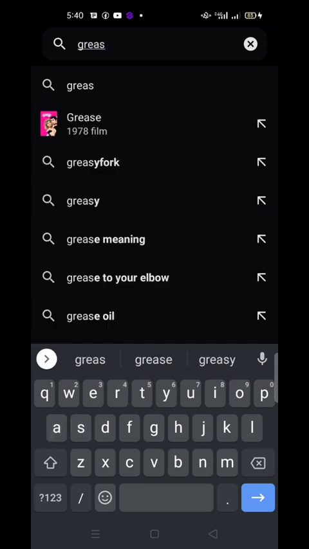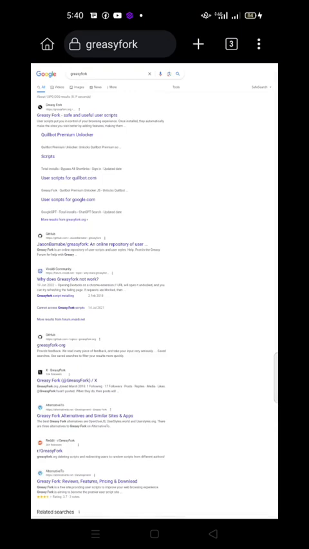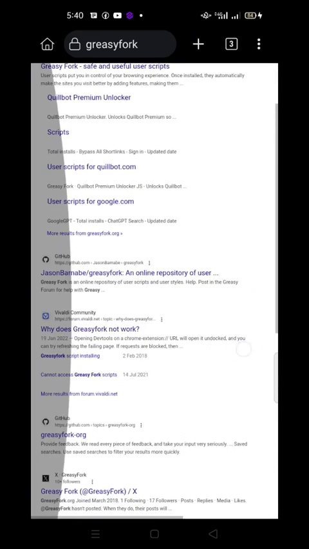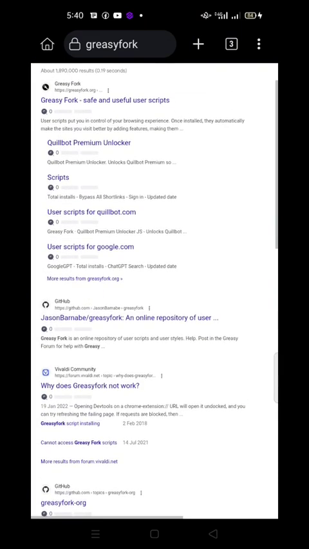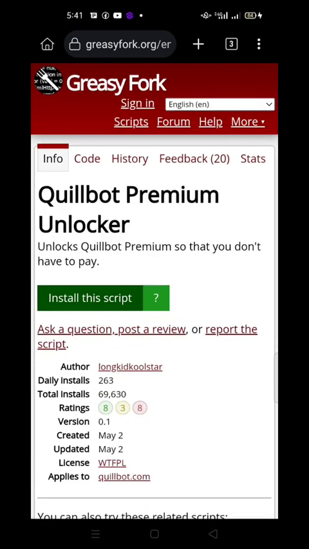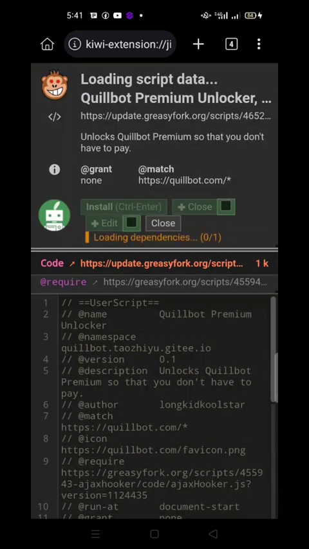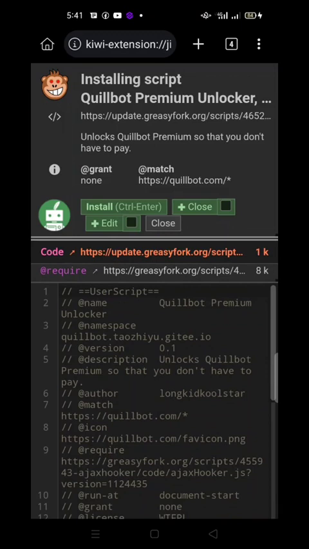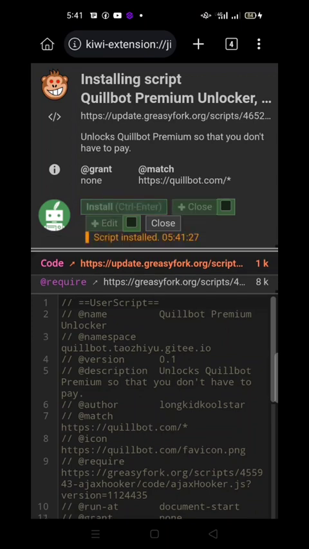Search for it, and come to the site. Then here you see Quillbot Premium Unlocker. Tap on it. Tap on Quillbot Premium Unlocker. Then you see install scripts. You tap on install scripts. Install these scripts. I think the installation is completed. Or tap on install. It says script installed. So since the script is installed